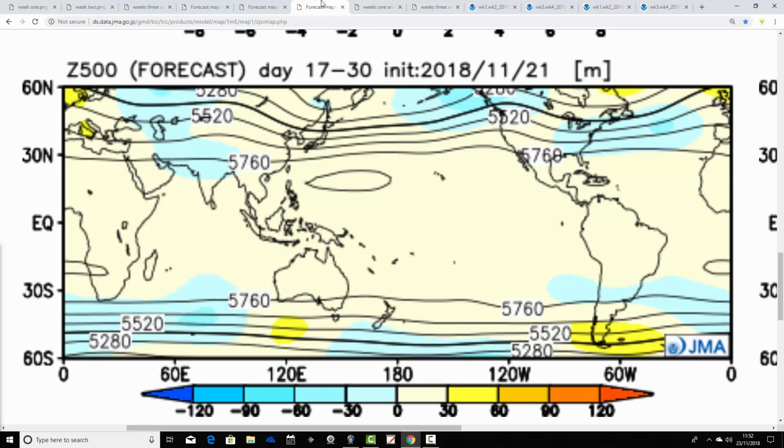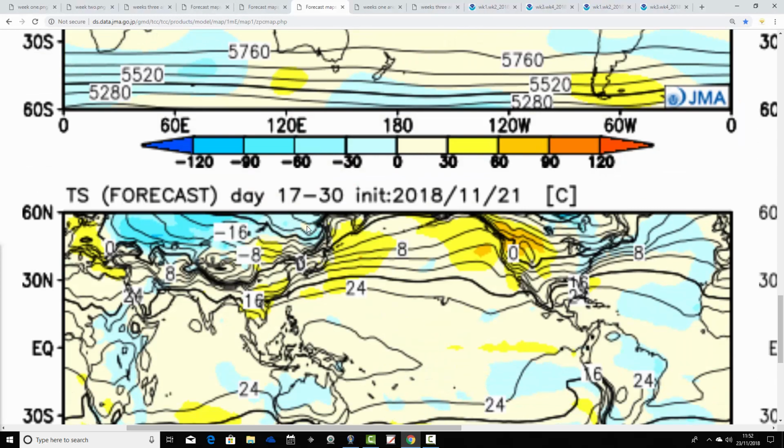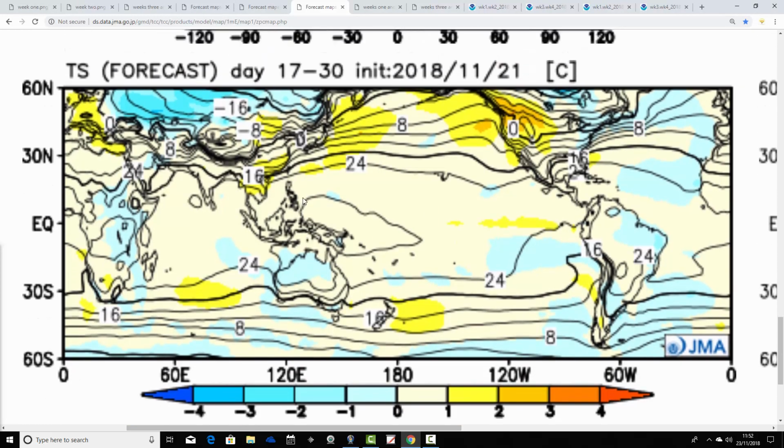Then we're into weeks 3 and 4, taking us from the 7th through to the 21st of December, with the above average heights generally a little bit to the north of the British Isles, going up to there and also to our east to some degree. Wind direction we thought would probably be kind of southeasterly for the 2 weeks overall. The temperature anomaly is still forecast to be average to milder than average here. It's not a big deviation, but it is going for average to milder than average temperature anomalies there,